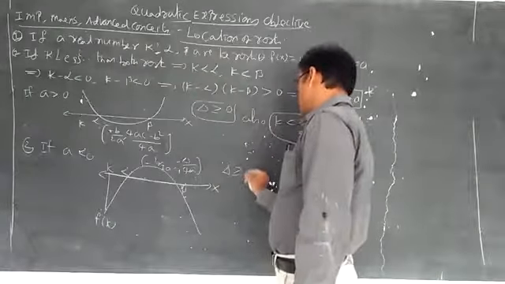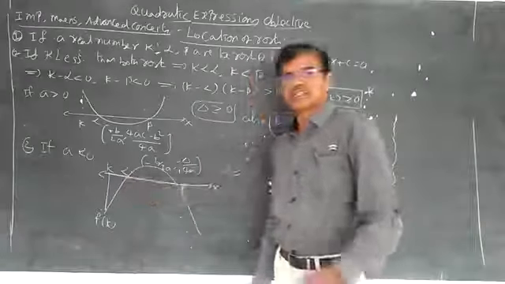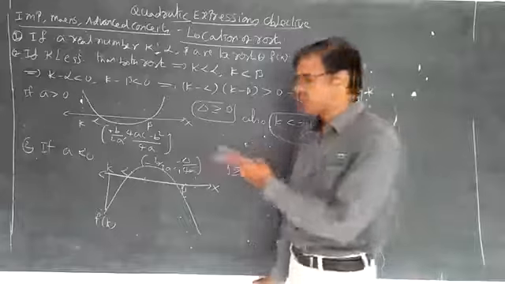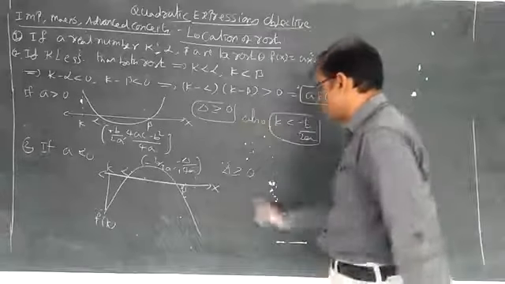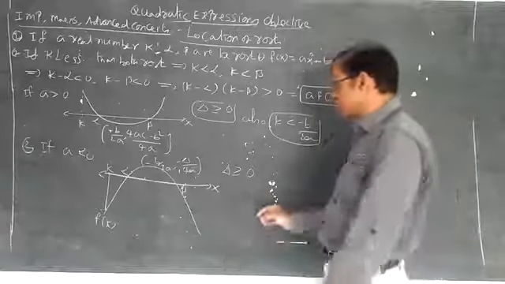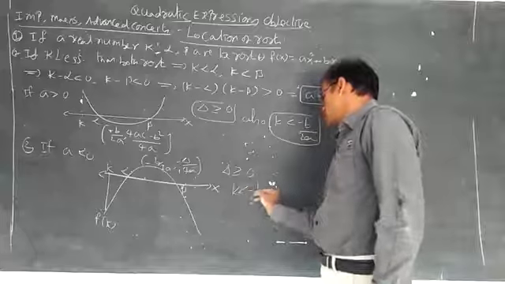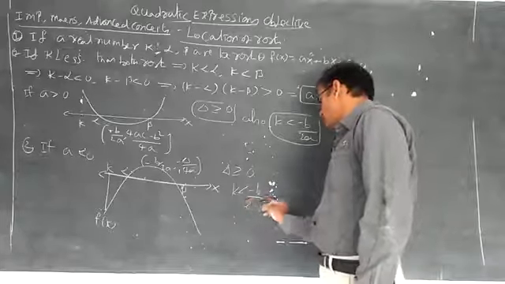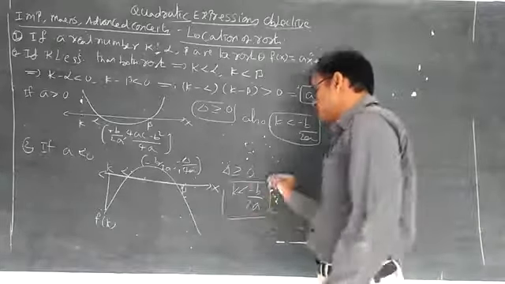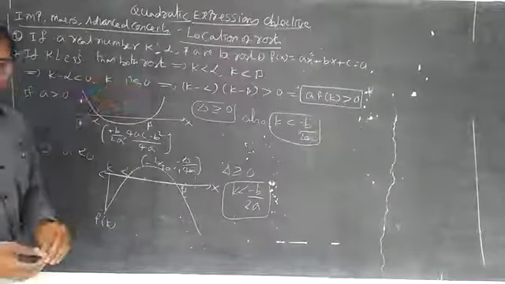In a similar way you can write delta greater than or equal to 0. Even though a is less than 0, whenever the graph intersects the x-axis in two distinct points, you conclude that delta is greater than or equal to 0. If it is touching, it's okay, delta is equal to 0. Otherwise, you can write like this. And here also, depending upon the graph, k less than minus b by 2a. This is the condition for k less than both roots.